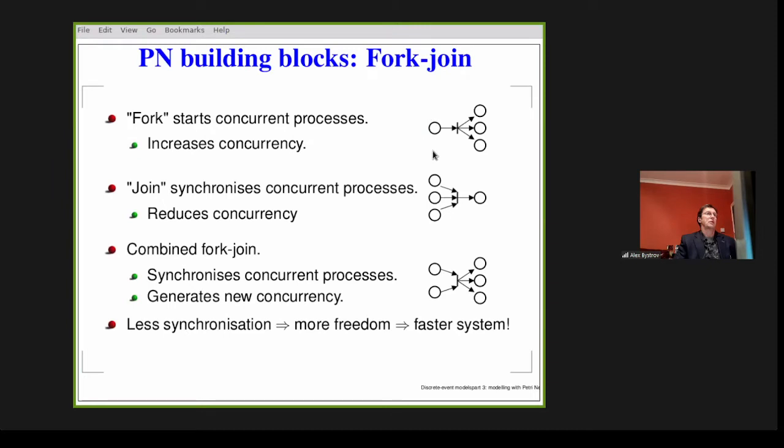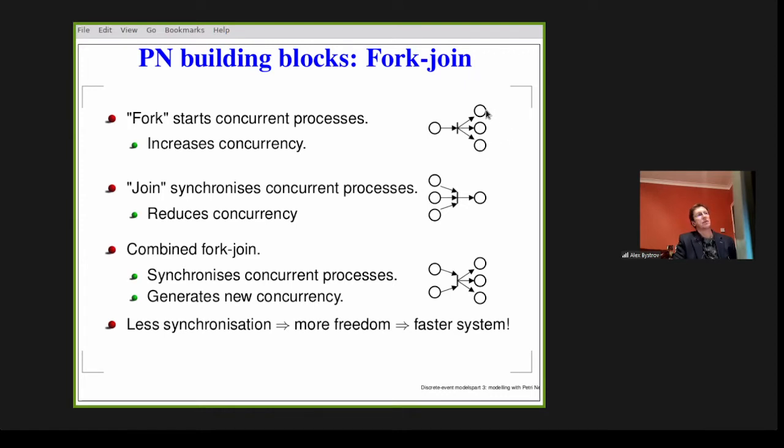So we're going to look at the structures which look like this, this, and that. So this operation is fork. So the idea is that fork happens when the central operation is a transition, right? When this transition fires, it consumes from the preset, which is this place, the token, and then places tokens into the post set here, here, and there. So one token disappears, and in this case, 3 tokens appear, you see?